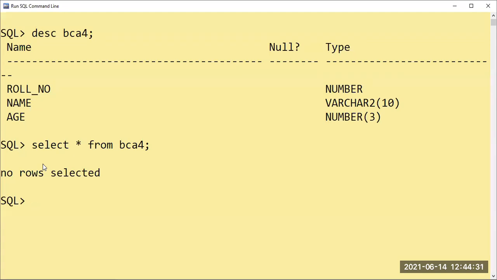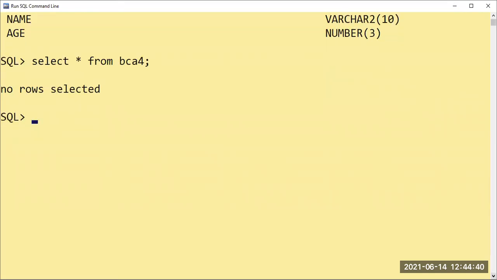Right now my table name is BCA 4. I'll make changes here. So to make the changes for the table structure, guys, I'm telling you table structure, not for the data, for changing the table structure, always you have to type alter. No matter what kind of alteration you are going to do, whether it is a table name, or you are going to add the column, or you're going to change the column name, or deleting the column, for everything you have to use the command alter only. Yes. Okay. Alter.